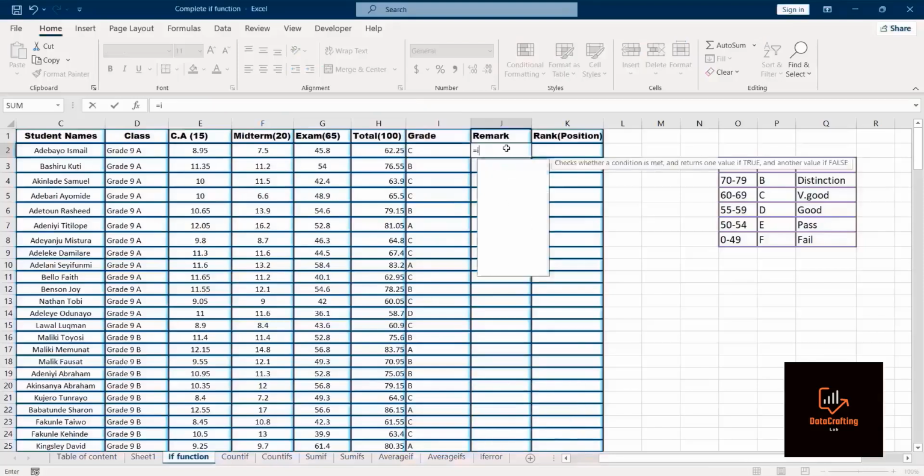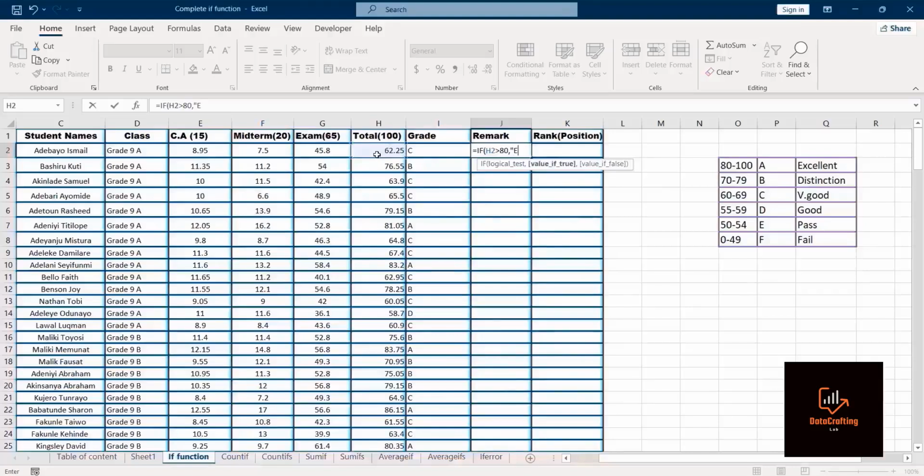Now I will still use my if function again. If. Now click on it. What will be our logical test? This will still be our logical test. Greater than. We are on the greater than sign. Now it is greater than 80, comma, in quotes, excellent, comma, if, click on it. Now our logical test is greater than 70, comma, in quotes, grading distinction,